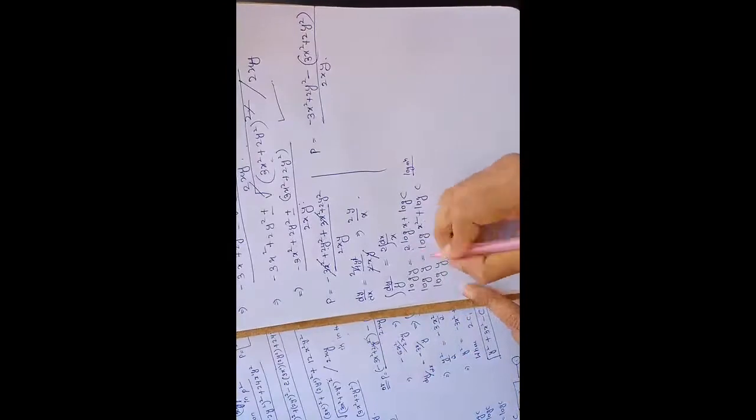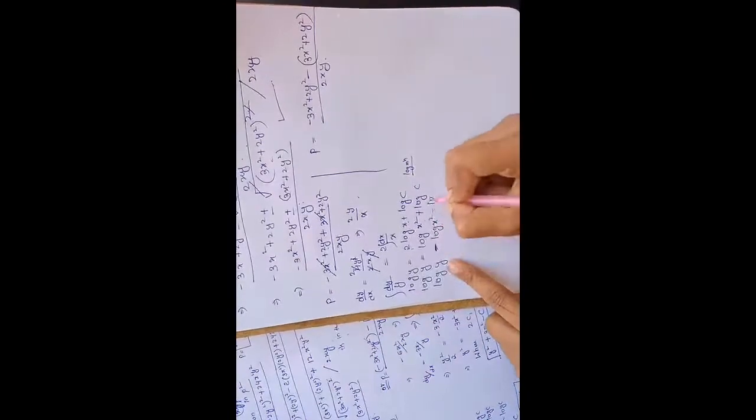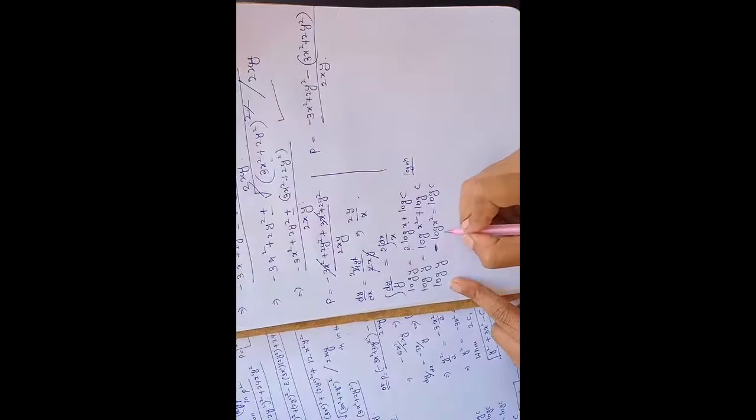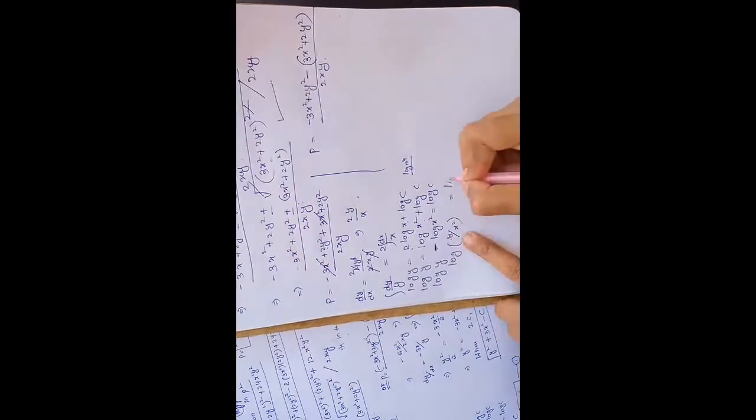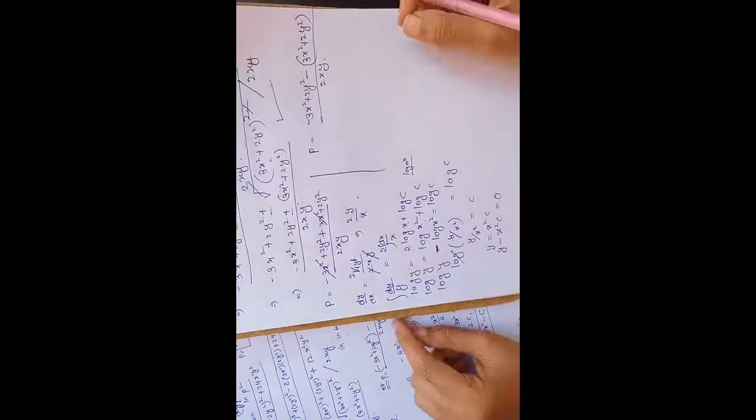so take the log x square term to the left hand side. So it will become log y minus log x square is equals to log c. So log m by n formula is log m minus log n. So I will write here m by n, that is y by x square is equals to log c. So log gets cancelled here. So remaining term is y by x square is equals to c. So now using the cross multiplication, y is equals to x square into c. So take the terms to the left hand side. So it will become y minus x square into c is equals to 0, which is our first factor.